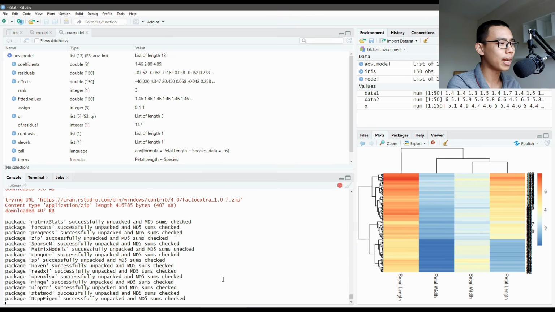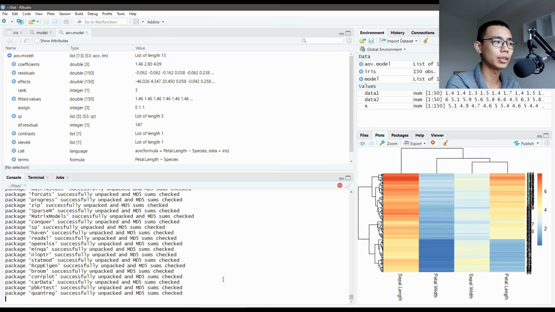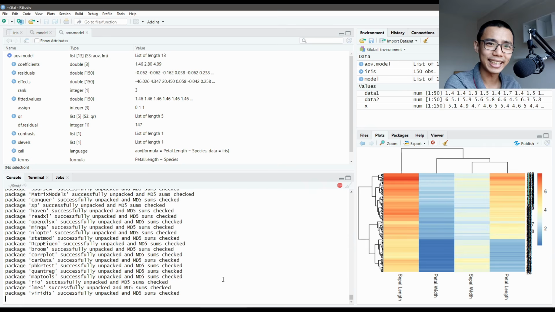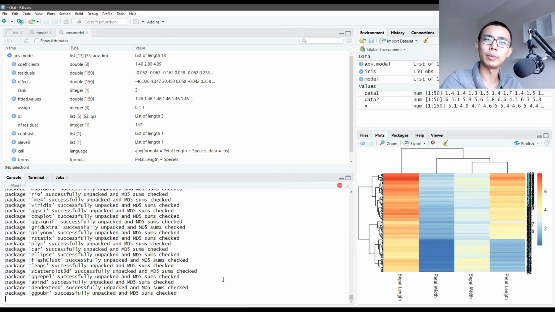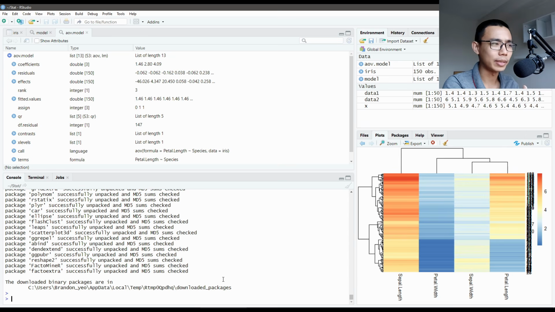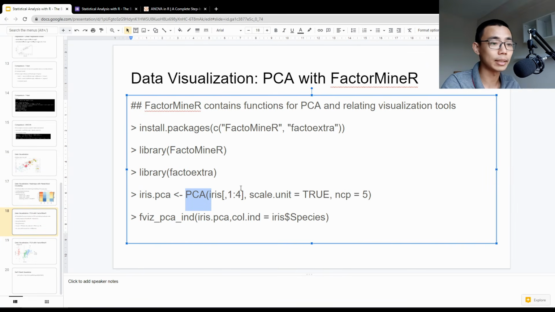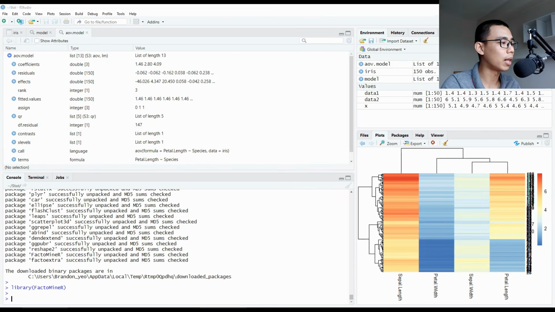And if you're wondering why it is installing so many packages, it's because they are actually dependencies. When they code one of the packages, it actually depends on multiple simpler packages, and they will actually install all of them together. So that's why you get so many things getting installed on your computer, and sometimes it's bigger and sometimes it's smaller. It depends. Okay, so just load the